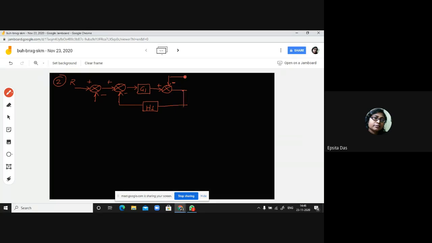Okay. Now this feedback element H2 is present here. Now from this point, there comes another feed forward path G2, and H2 is connected with G2 at the end point C. Understood? And from here, there is also one tapping which is coming at this summer. So this is our system.